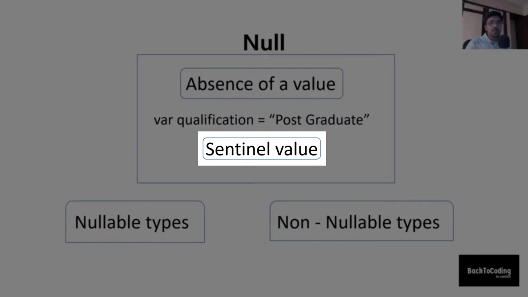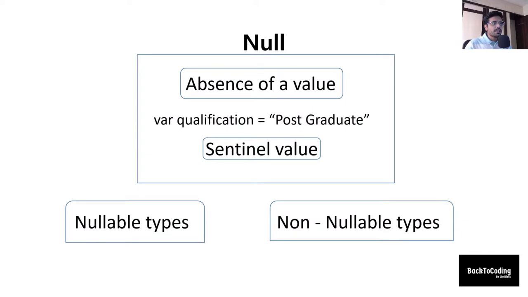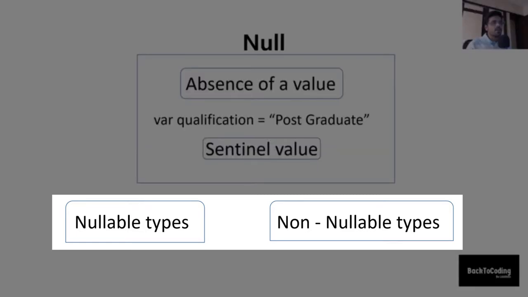The absence of a value is known as a sentinel value as well. It is much better to have a special type which represents the absence of a value. There can be two scenarios: first, when a value exists, and second, when a value doesn't exist. As mentioned earlier, null is nothing but the absence of a value, and Kotlin has nullable types that handle the possibility that a value could be null. At a higher level, a Kotlin type fits in either of the two: nullable type and non-nullable type.